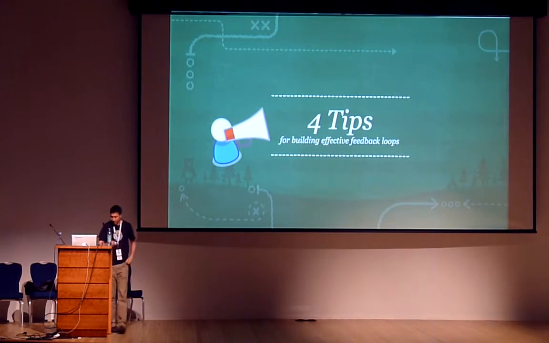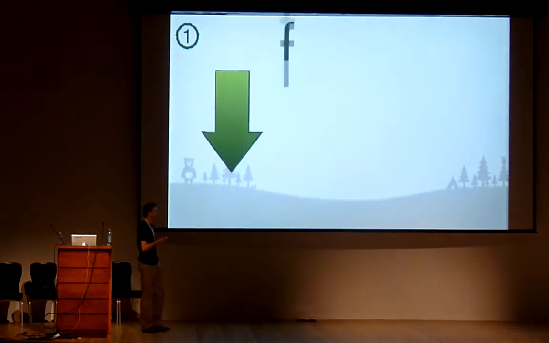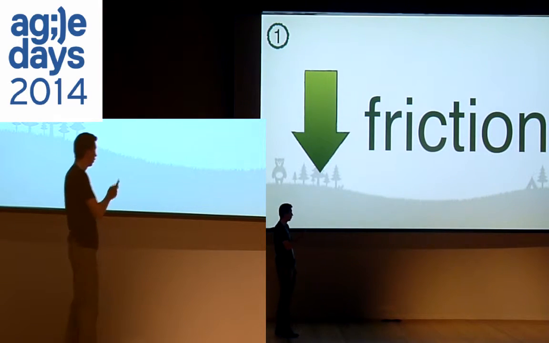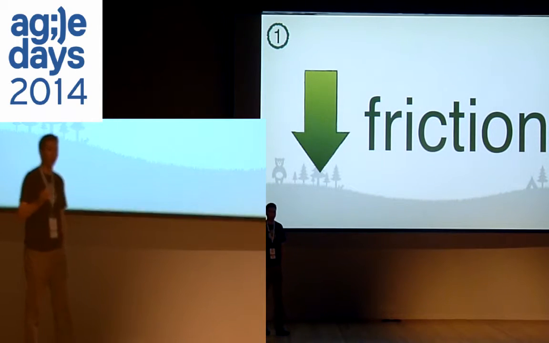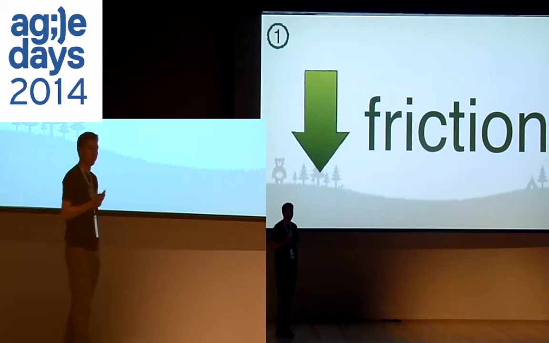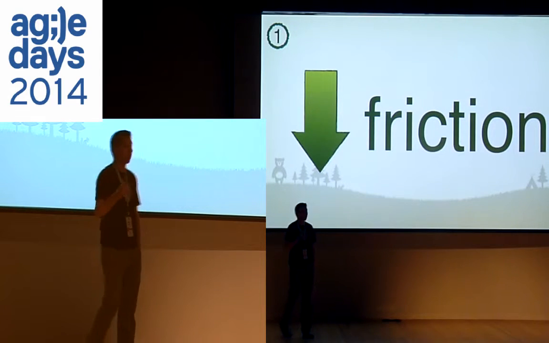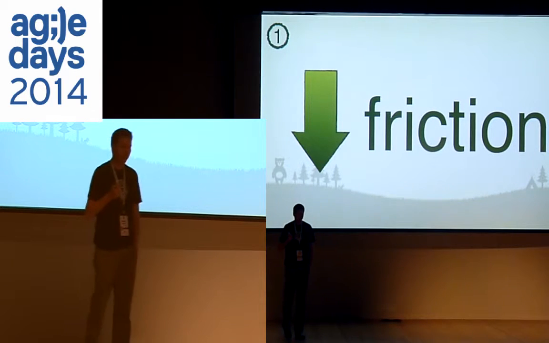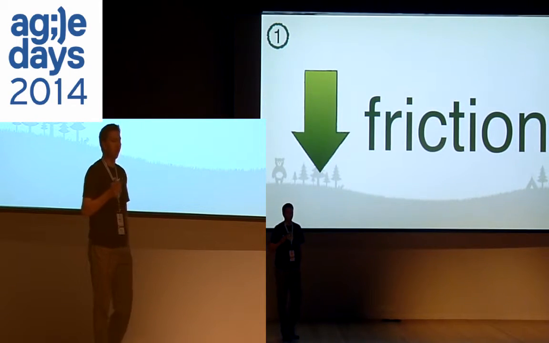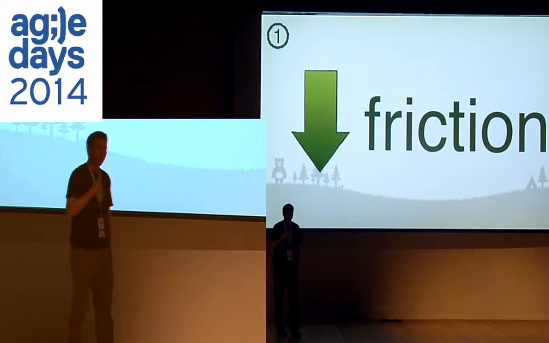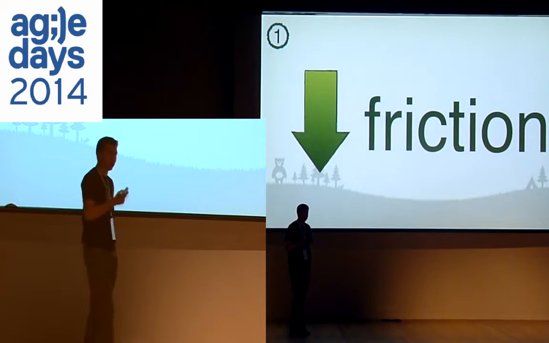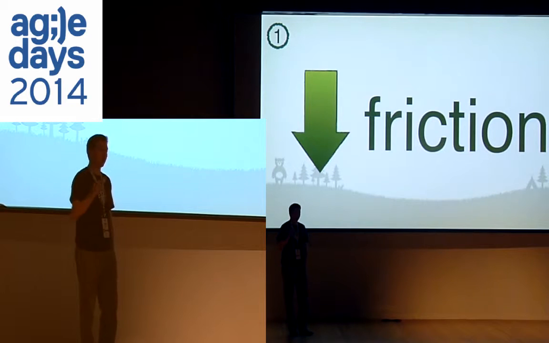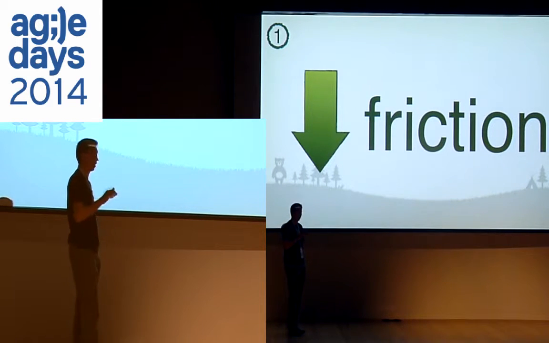If I get started with this, my first tip will be about reducing the friction of reporting feedback. Friction. You need to get rid of that friction that a customer could experience as he's trying to submit the feedback that you need. And you need to be obsessive about getting rid of it. Because it's important to remember that when a customer is trying to give you that feedback, he's usually busy with other things he has to do with his work. And for him to take the time to report that feedback, you need to make it really easy, as easy as possible for him to do so.